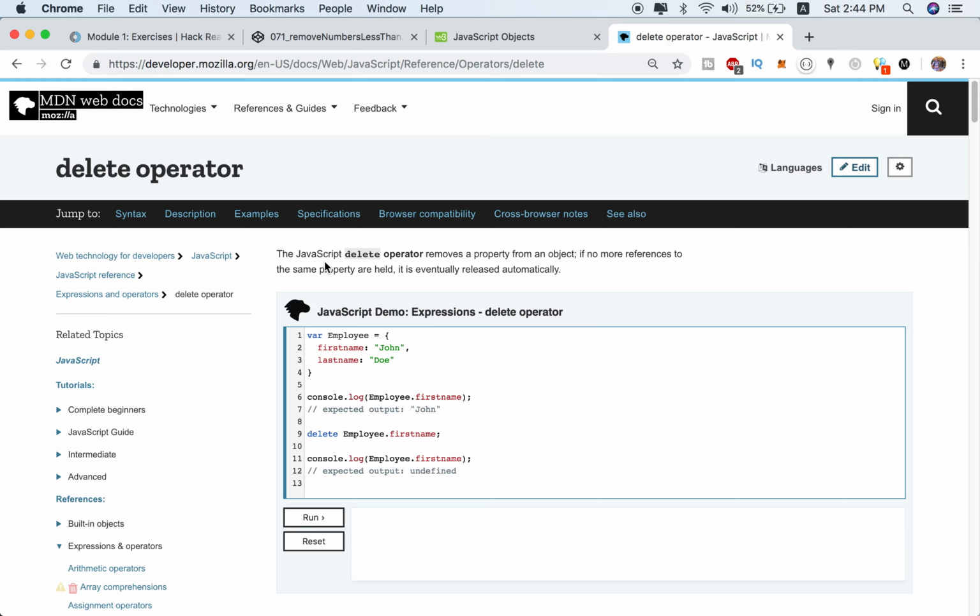The delete operator. The JavaScript delete operator removes a property from an object. That was kind of redundant, but some people don't know that it exists, and I didn't know until not too long ago. Anyway,